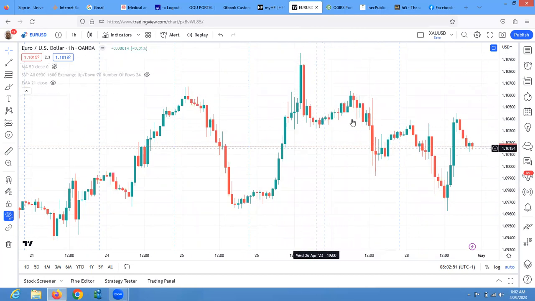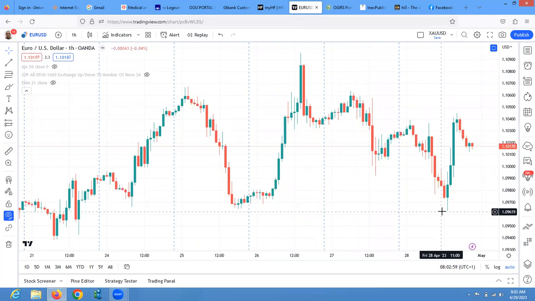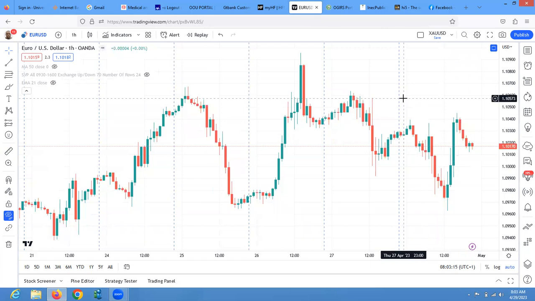I explained to them. In fact, I had to send more than 2 videos yesterday to explain that this is the level the price is coming. I think I did a video around this point. Around this point, I was telling them that what I can see, price is not going to go beyond here, and price is going to turn up. And price did that against all odds or expectation,